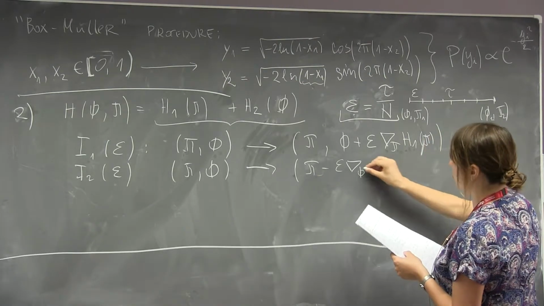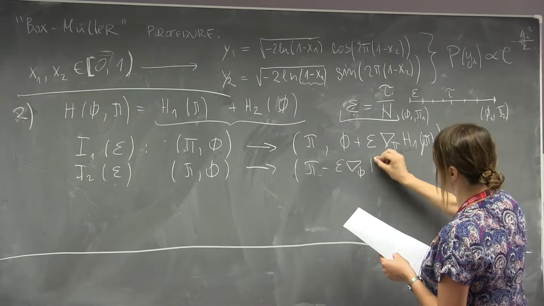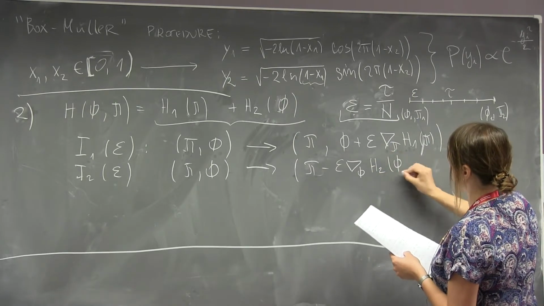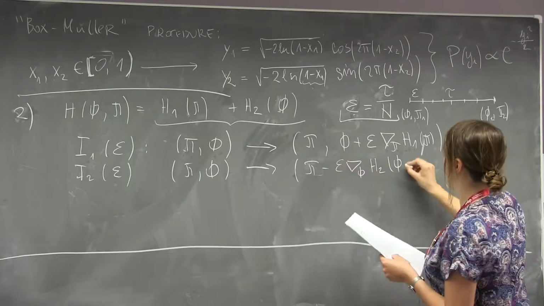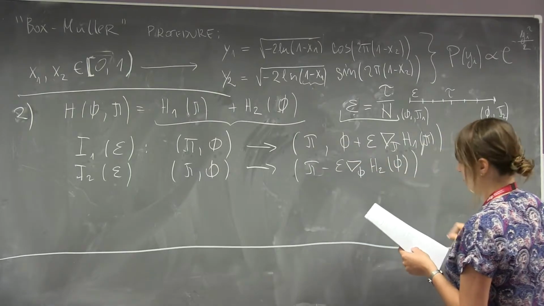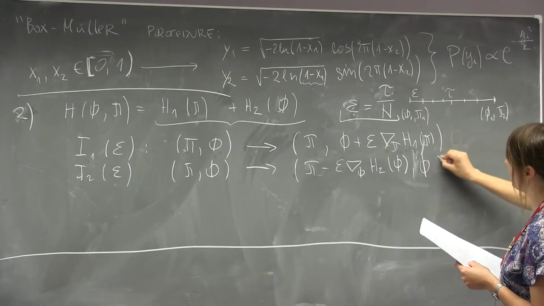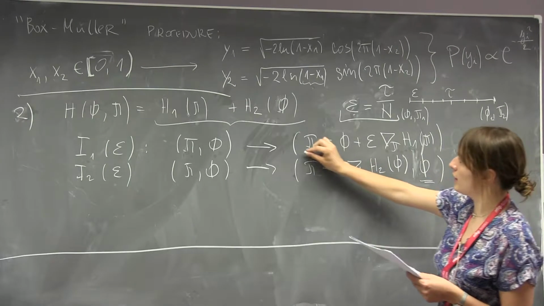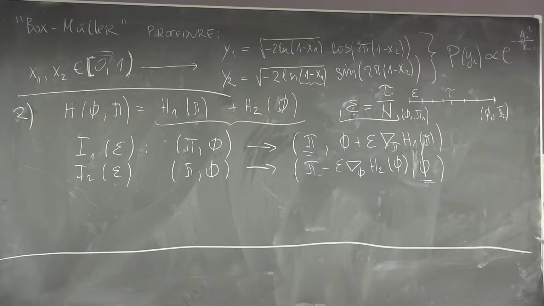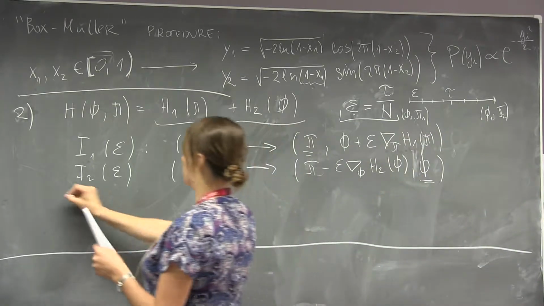So the derivative with respect to phi of the second part of the Hamiltonian, which depends on phi, and the field phi in this step remains intact. Okay, so this